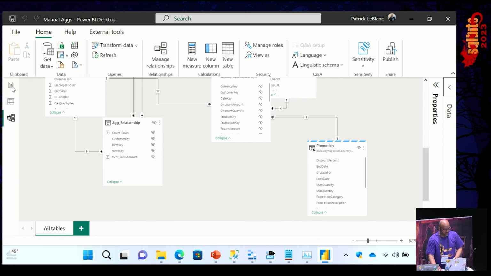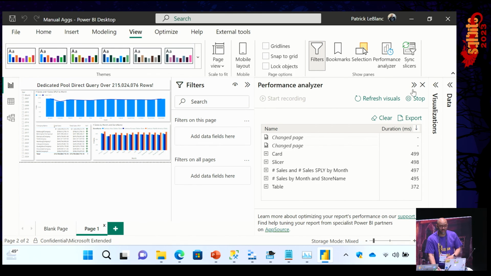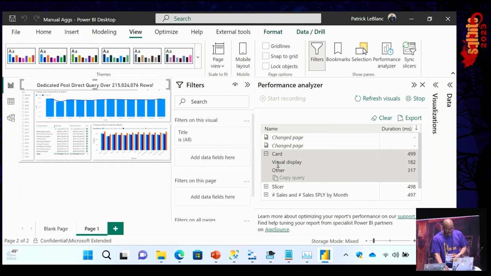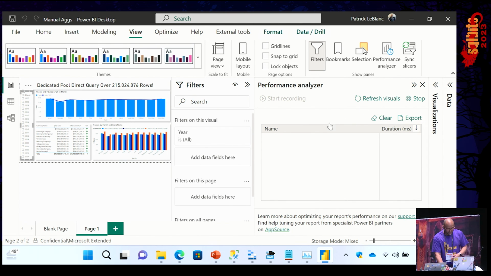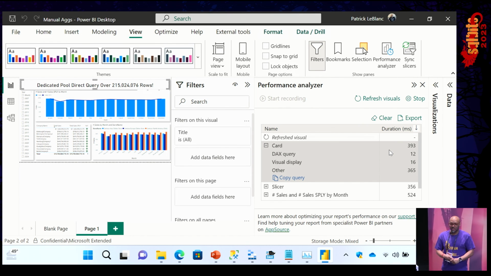Now when I run this exact same report, I've just added an aggregation, configured the aggregation. I'm going to go ahead and run this. And boom, just like that. Remember how long it took before, and now if I expand each one of these out, you can see there's no DirectQuery. Let's refresh. Let's just show my DAX queries. There we go. And so you can see it's so fast, and I'm not going back to the source. I'm hitting the aggregation. If you come over to the booth, we'll show you how we know it's hitting the aggregation.